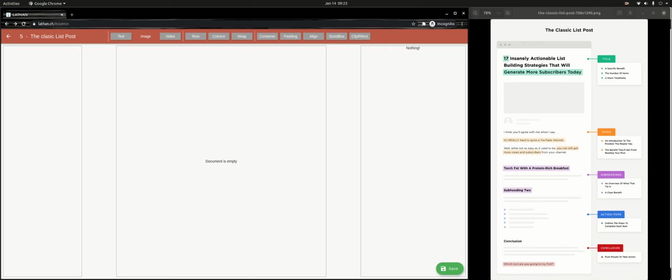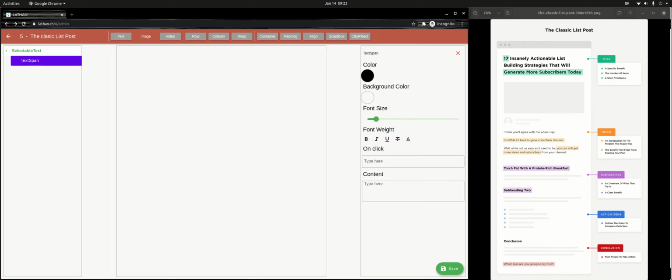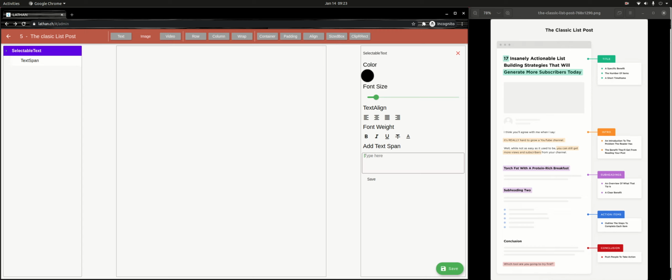As usual, I'm going to add the text, and here as the text span, I'm not going to add anything on the text span. I'm going to add only for child. I'll put 17. Clicking on save, and we need some more text, like, an enable list ending strategies that will